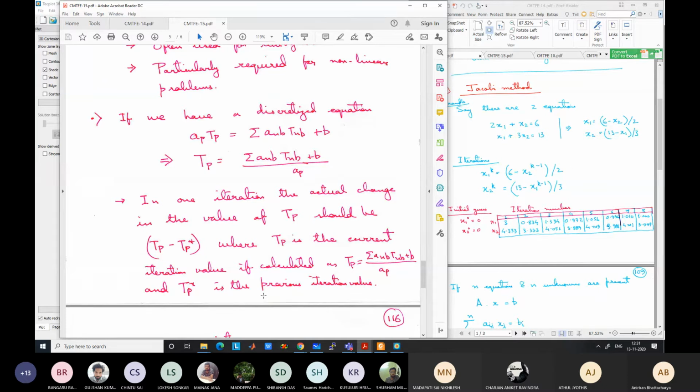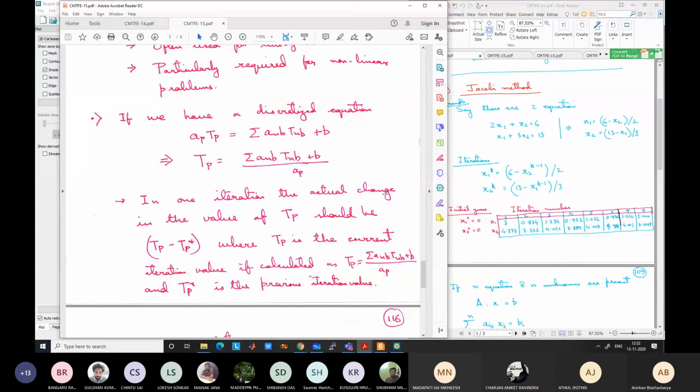Okay, we already know the previous iteration value of all the grid points, and for this iteration, we are trying to find out this grid point value. Okay, I will repeat again because I think I have confused you guys. So we have a grid point P where we know all the previous iteration values. Okay, the last iteration value is known as TP star. Now the current iteration value is unknown and I want to calculate it.